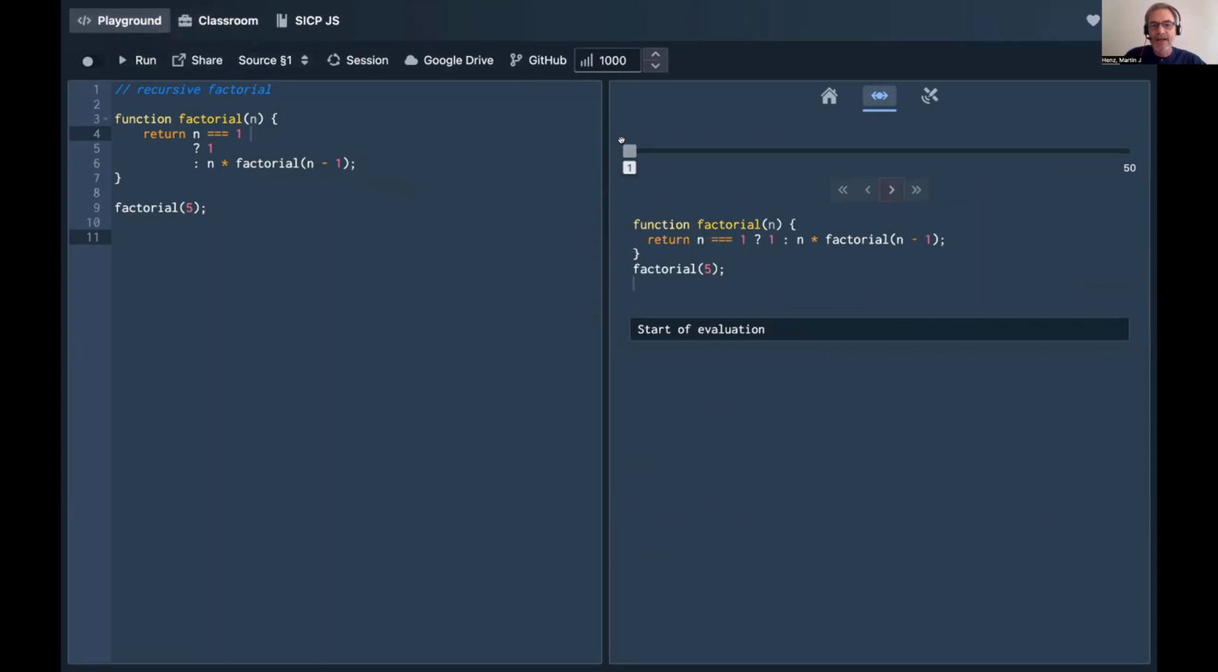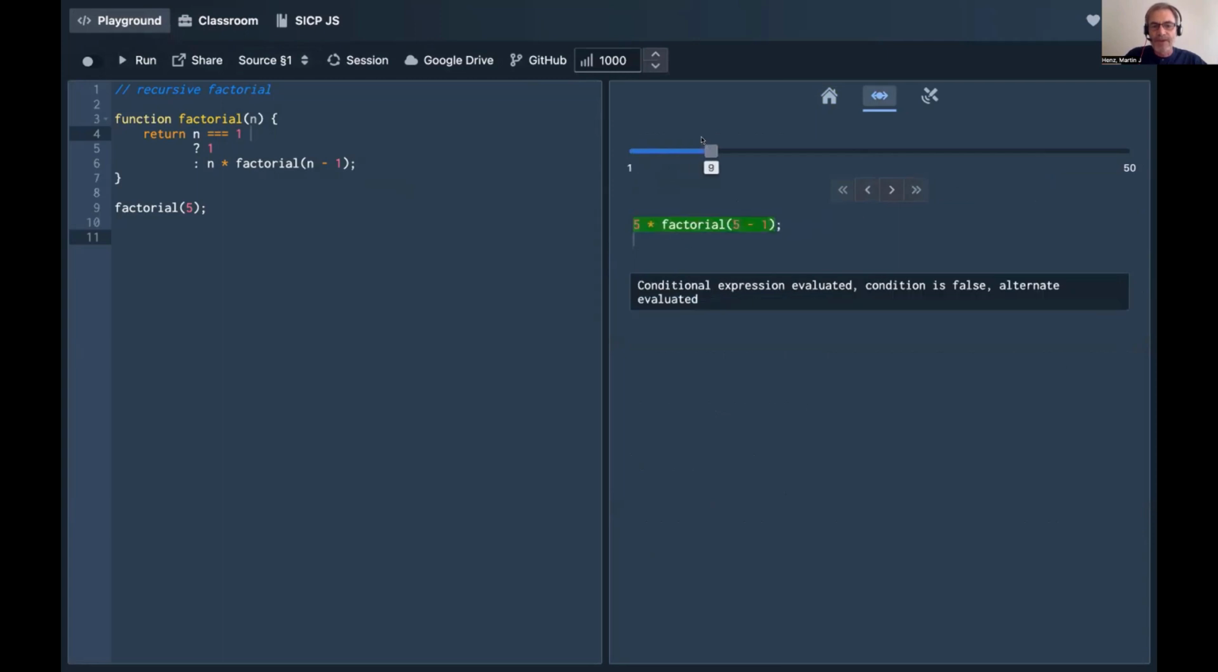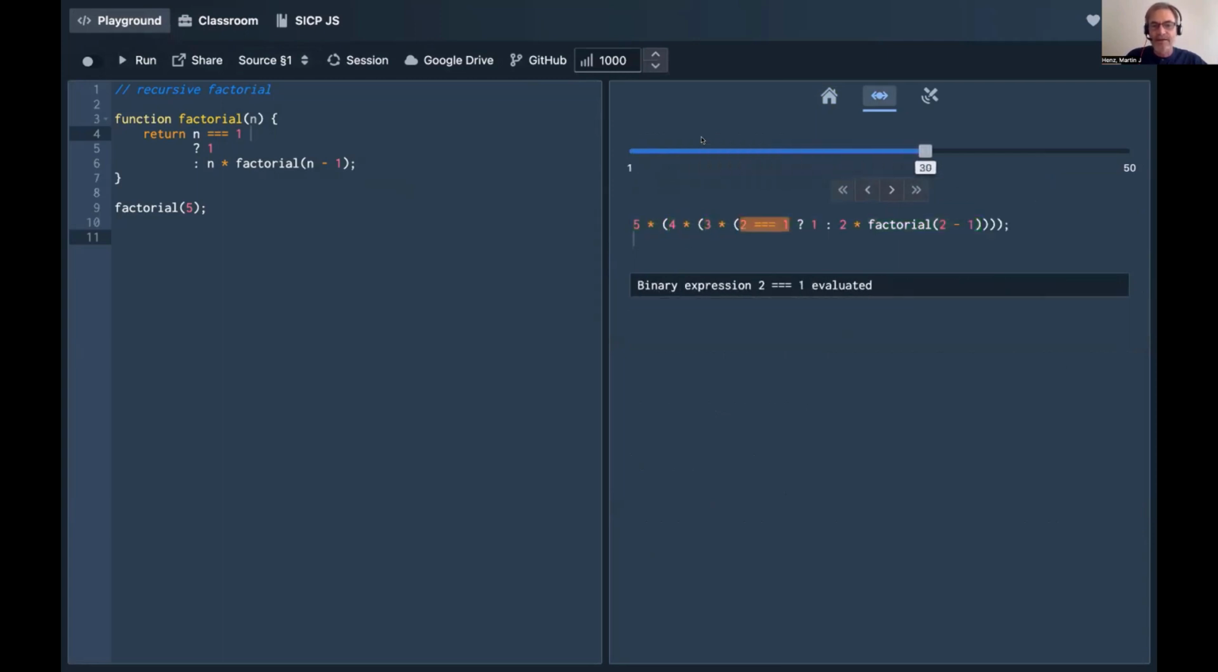So here is the execution of this program using the stepper tool that we developed. Here you can step through this program step by step, and finally you see the final result of 120 appear. That should give you an idea of how our students experience JavaScript and how our students experience this sublanguage